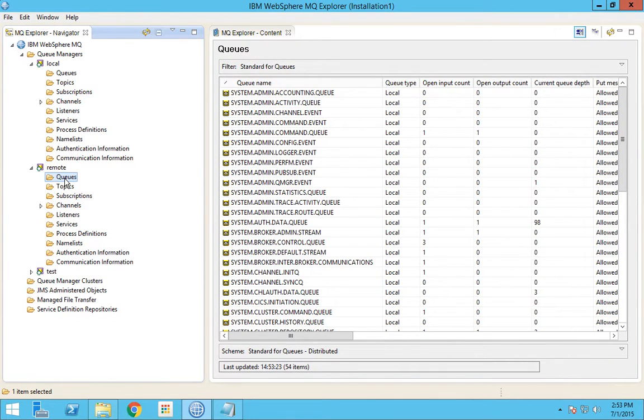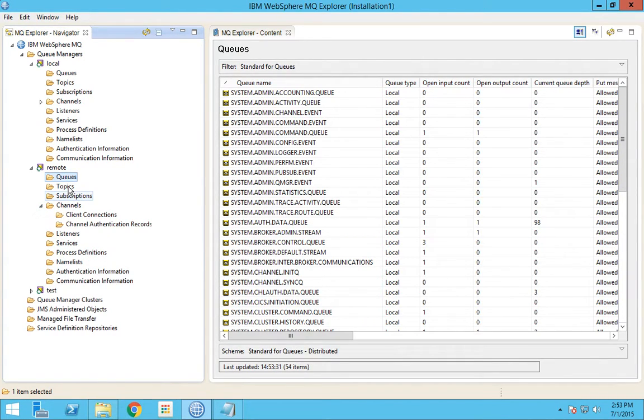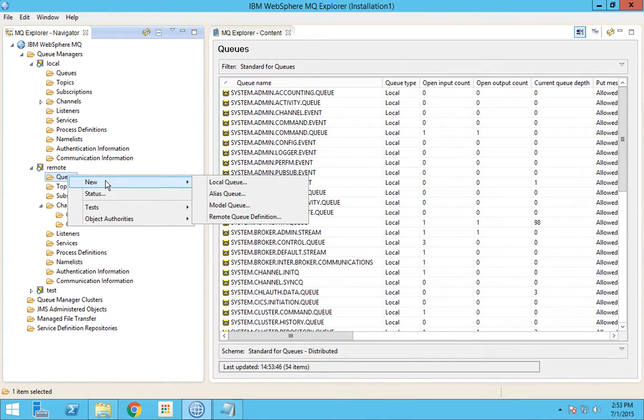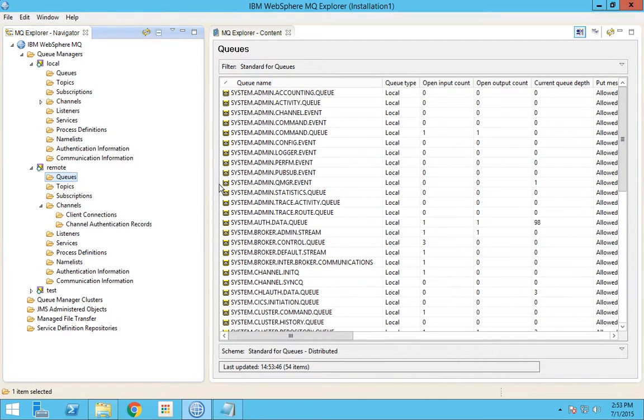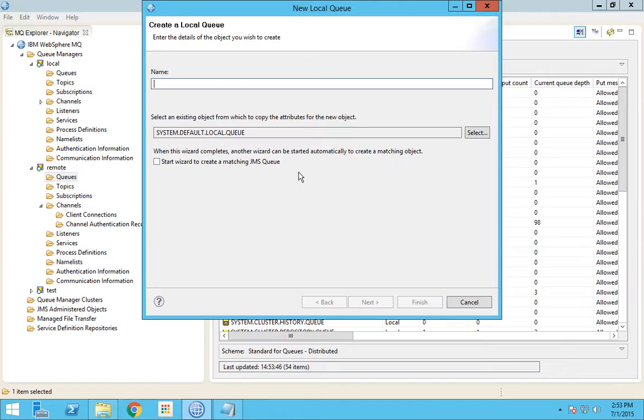Before we create a remote queue, first we need to know how this connection happens. So first you need to define a queue called transmission queue. Go to new and click local queue. Transmission queues are basically local queues.